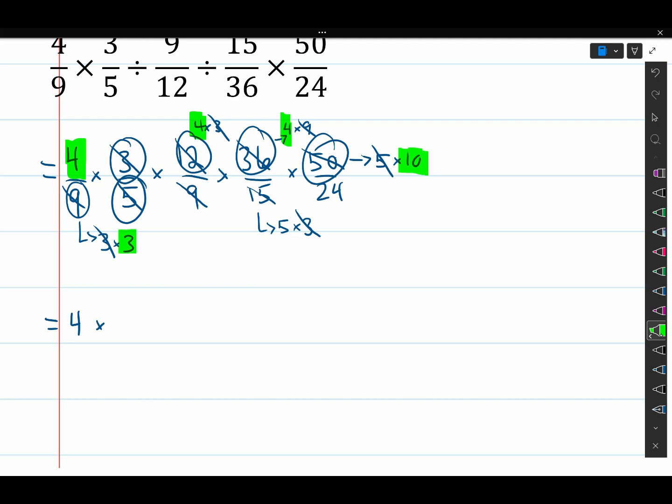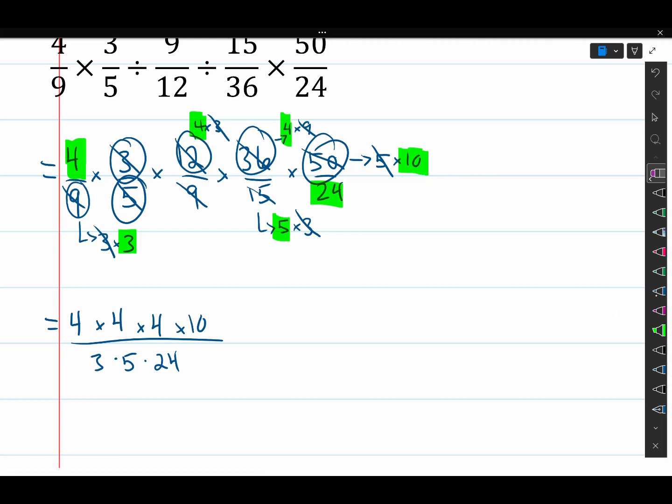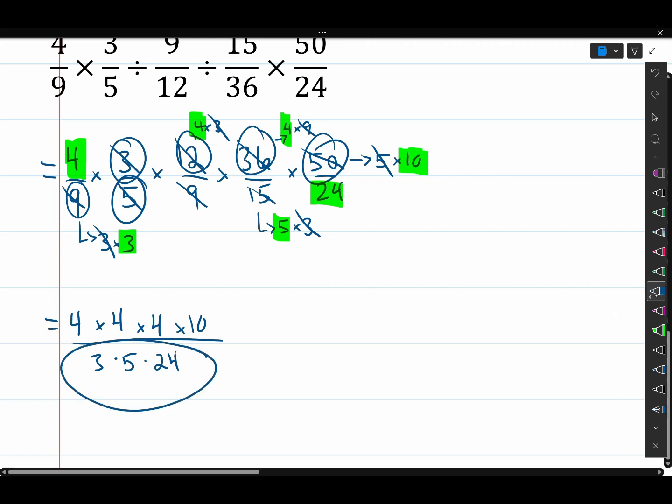All divided by this 3 times this 5 times this 24. 4 times 4 times 4 times 10 divided by 3 times 5 times 24. Now I'm hoping if you're watching this video, you're comfortable using a dot for multiplication right here. Now, a quick note is that if ever I see even numbers in my denominator and in my